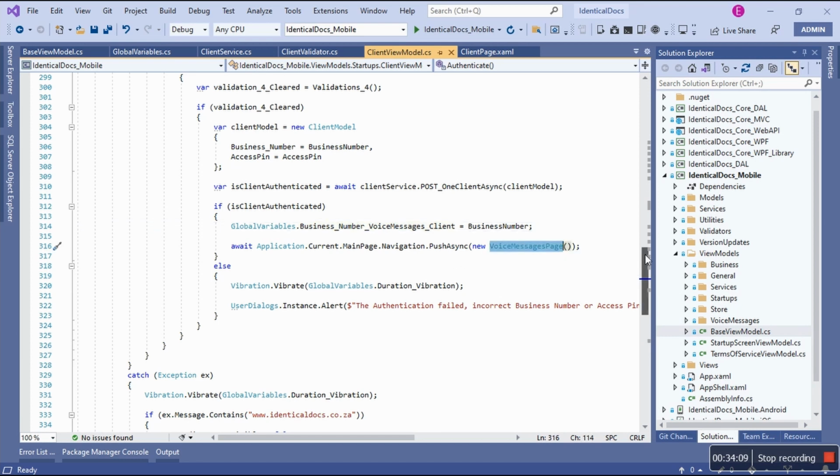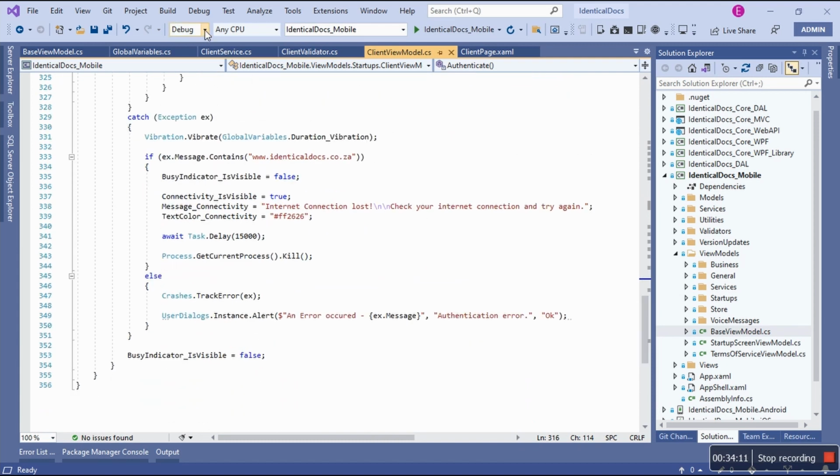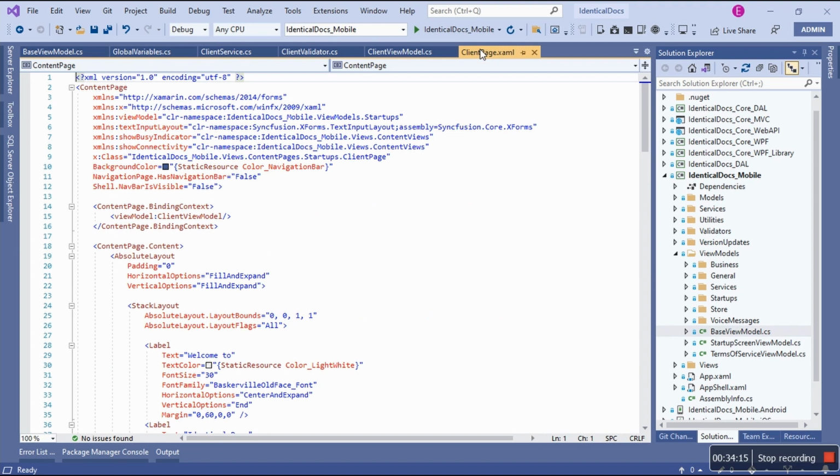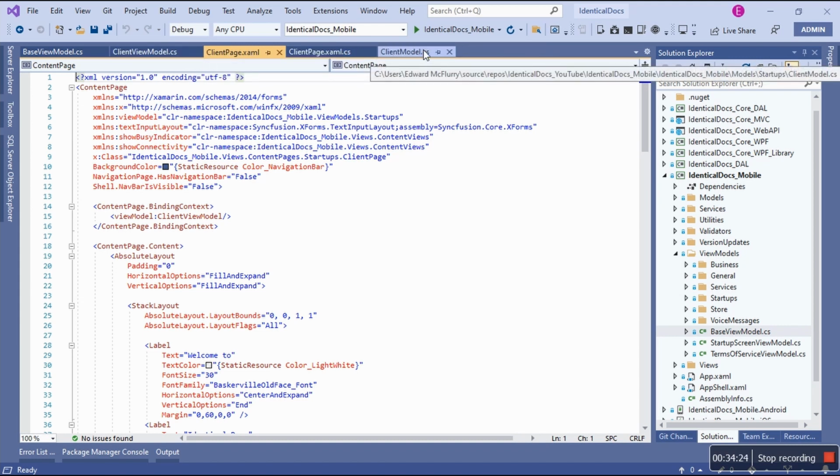I covered this view model in detail. So let's go and look at the page quickly. But before I come to the page, let's look at the code behind. So we don't need this. We don't need the service. We need the validator. We don't need the model. We don't need the base view model. But the code behind of the